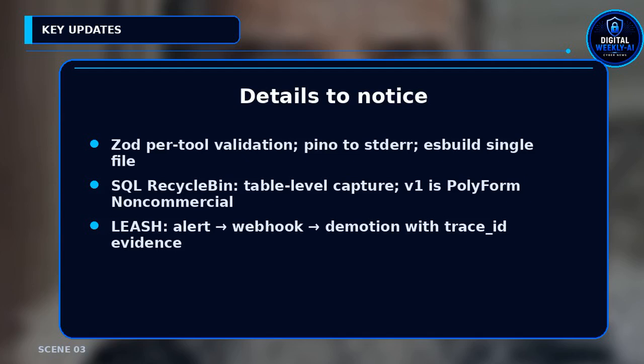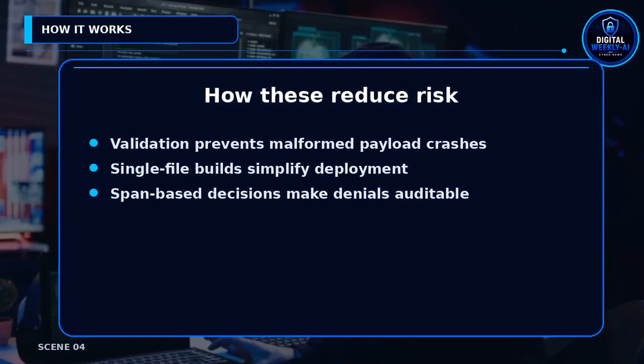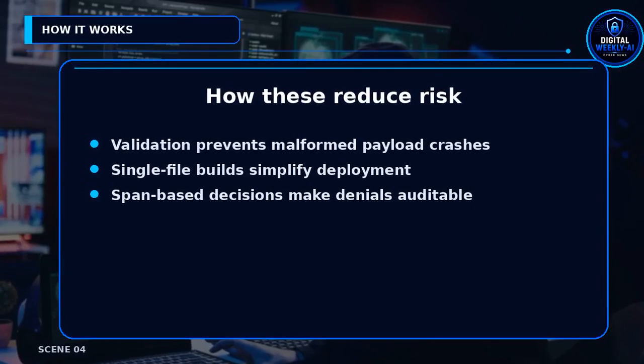LEASH prototype uses a metric alert on leash.tool.calls.total, filtered to apply_migration and outcome equals error, with a threshold of 3 over a 5-minute window. Signals posts a webhook, and the broker demotes the agent, returning 403 with a trace ID linking to the failure spans. 2 mechanics matter. MCP template separates schema, definition, and handler, so Zod rejects malformed payloads with clean errors, and